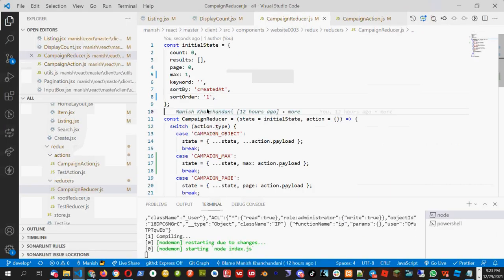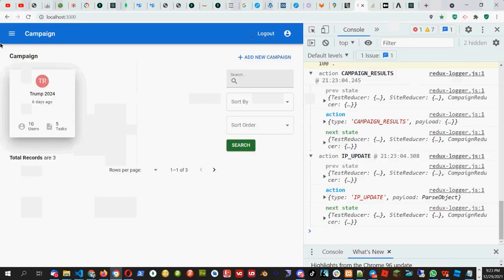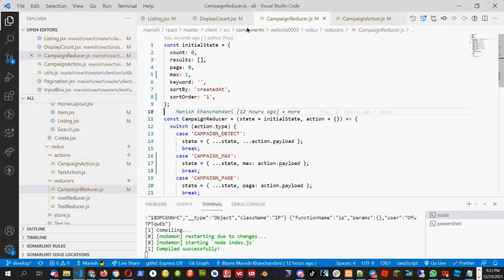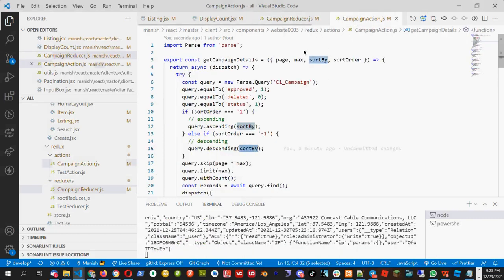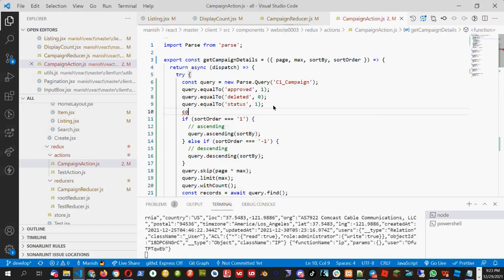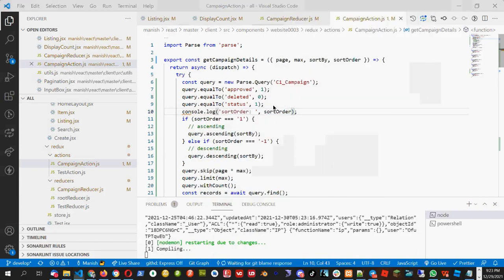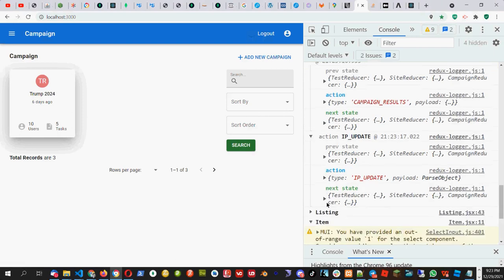So wait, it's giving me no results. Let's see. Okay, so there is some problem in the code. So what is coming here in the sort order? Let's check the sort order.